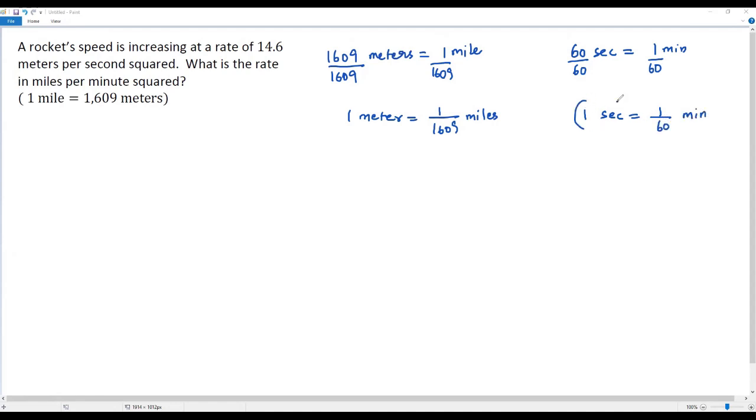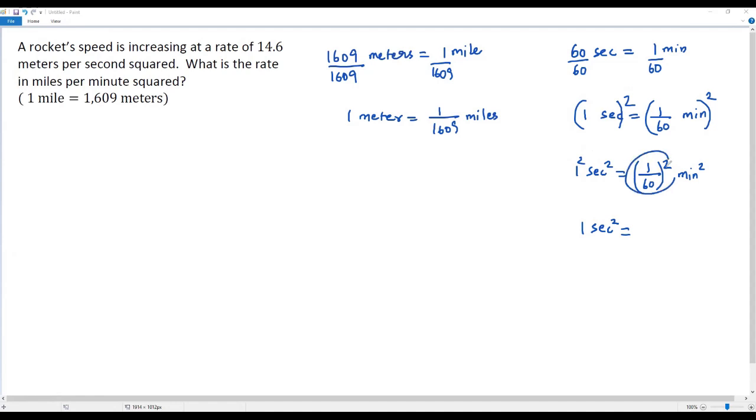Now let me square both sides of this equation. We can take this exponent 2 separately for this one and this one. Then we get 1 squared, seconds squared. The same thing we can do over here. Then we get 1 over 60, the whole squared, then we get minutes squared. The value of 1 squared is just 1. Then we get 1 second squared equals